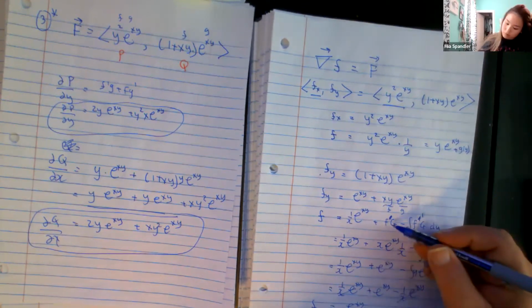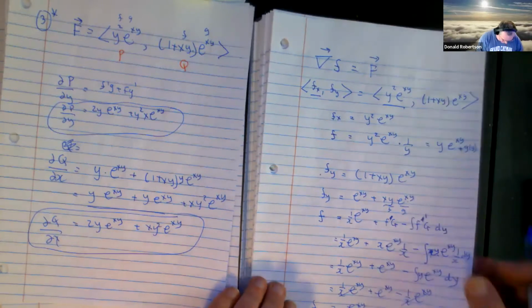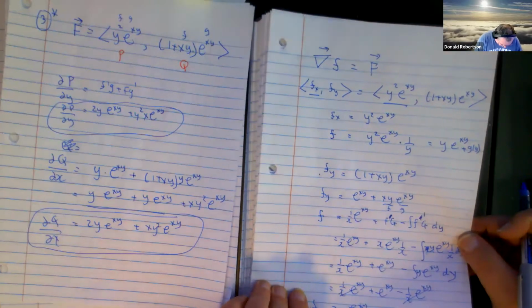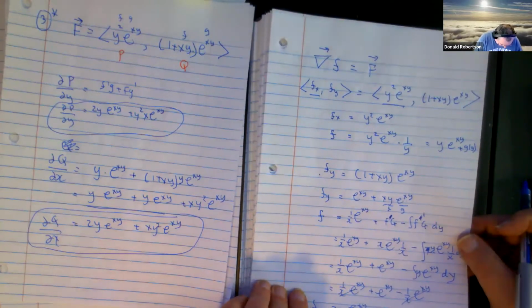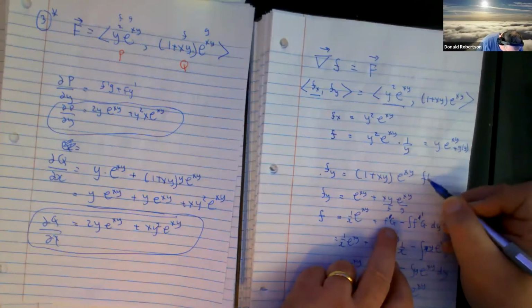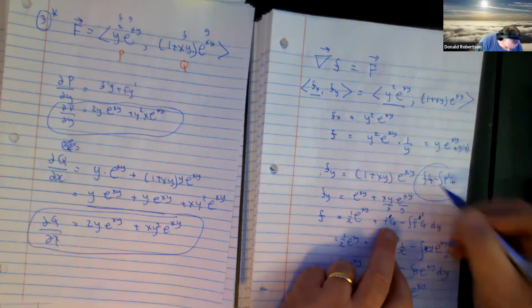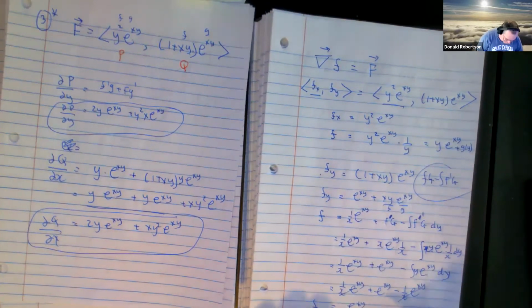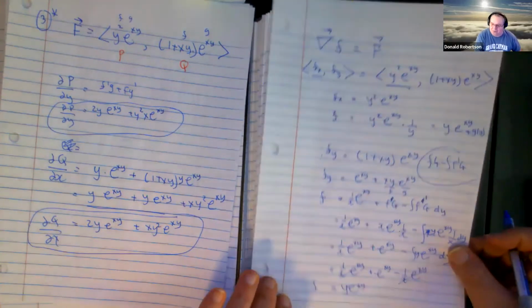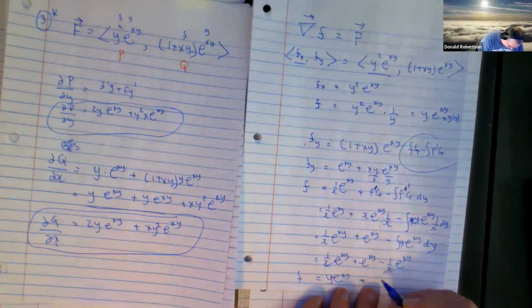And what do you get when you do that then? You're going to get, oh, I've made a mess too early. So we're starting again. If you replace the formula with that version, which I should have done the first time, can you trust me that you eventually get y e to the xy plus some guy